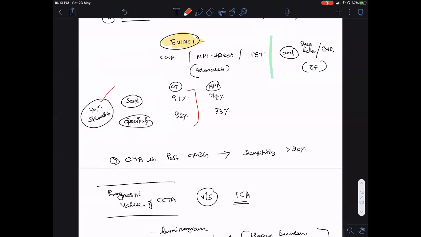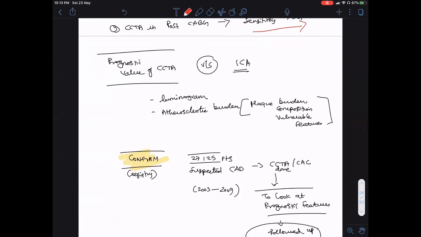So as we all know, I haven't quoted trials here, but in post-CABG populations, again, coronary artery calcium is very good, with a very good sensitivity of more than 90%. And it probably saves a lot of radiation and contrast to the patients and the operators, considering we have to really hunt for the grafts. So in CABG patients, it's almost totally recommended now to use a CCT.